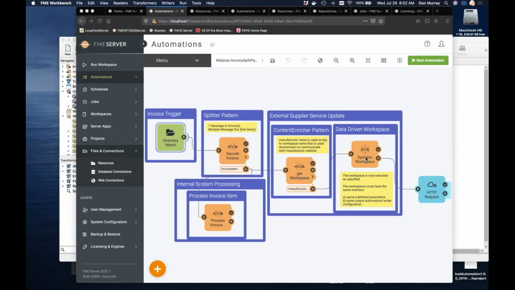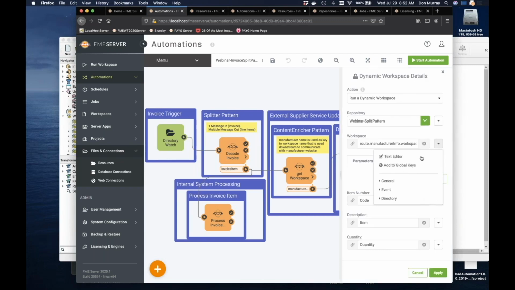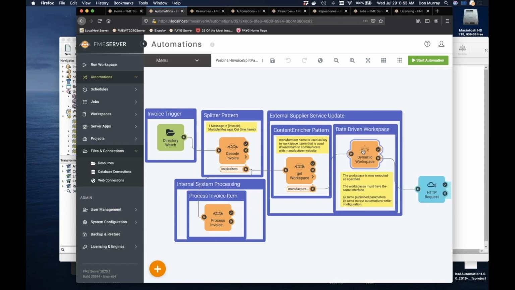And then the dynamic workspace is really the smarts of the whole thing. So if I click here and I go to the manufacturer info, you can see now that I have the name of the workspace in here. So I simply grab that name of that workspace and pass that down, grab that, and now this effectively